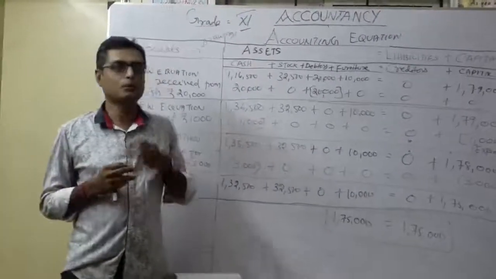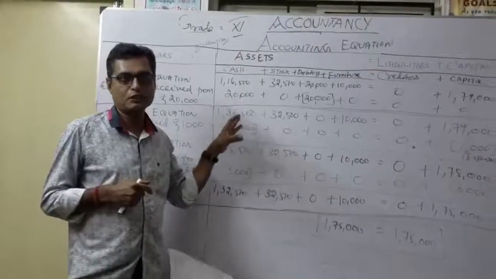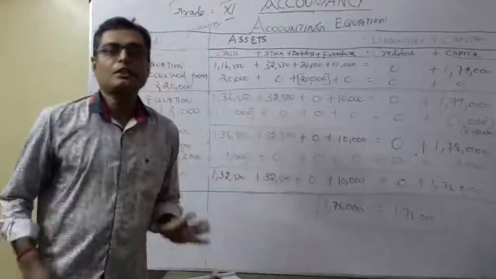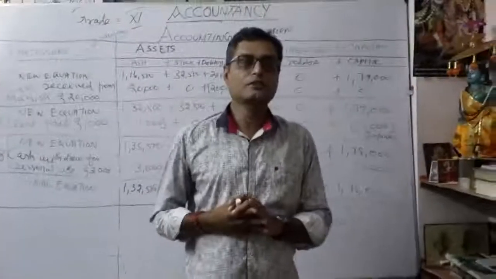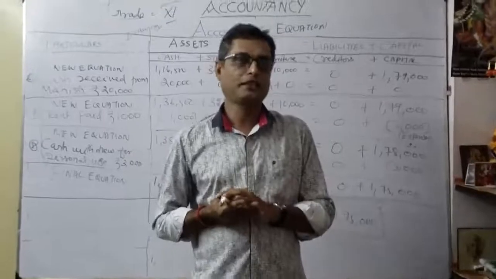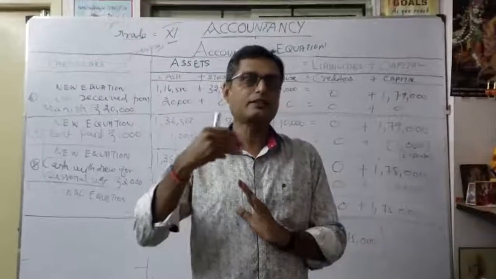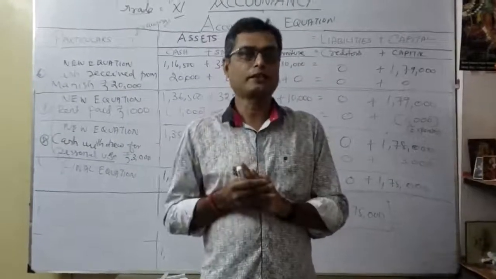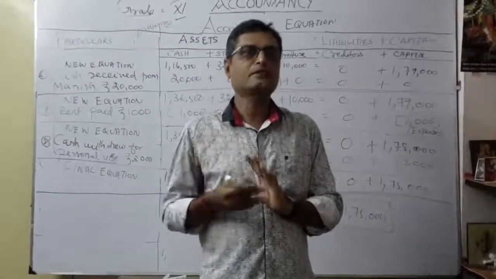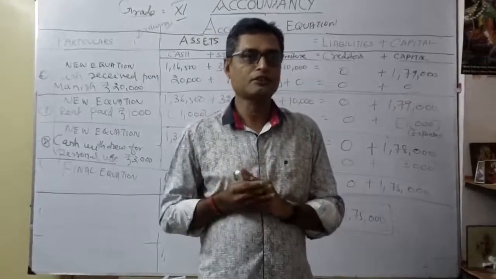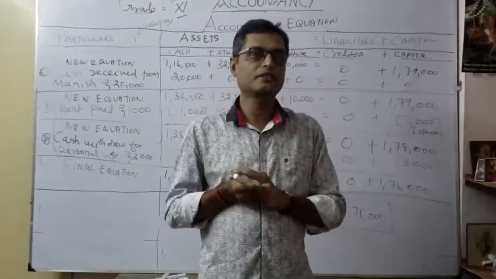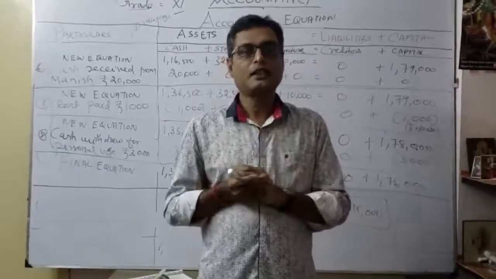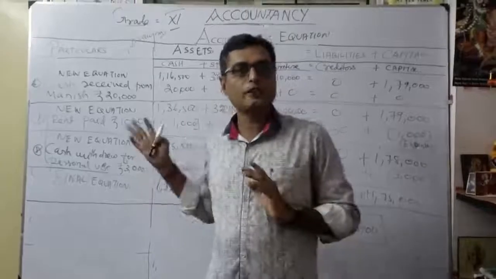Again we will do more problems. So what is my request? Just watch the video, then work it out accordingly. That's why the accounting equation is very easy and interesting. Just follow the video, how I wrote, how I drew the line for each and every transaction, how we write the equation. In further videos, you will see the accounting equation also, don't worry. Then we'll go for the revision of chapter 1, chapter 2 and chapter 3. We are in progress of chapter 3, accounting equation. We hope that now you can understand.